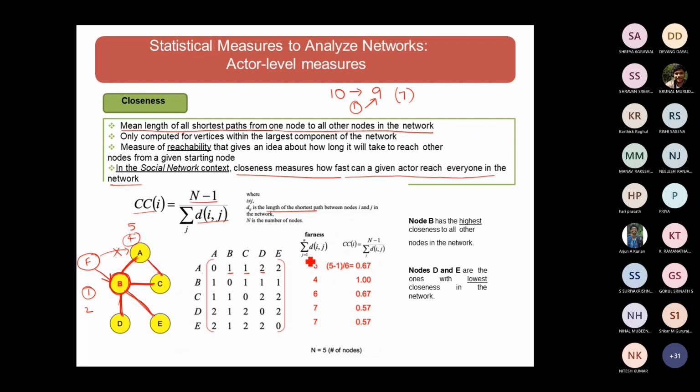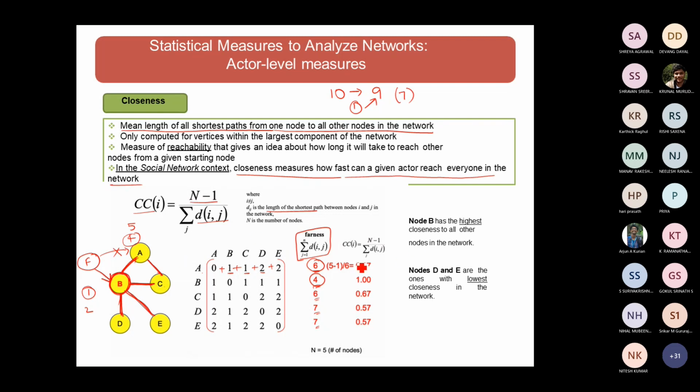So what is the formula it is giving here? Sum of d of ij. So you sum up all the values, 0 plus 1 plus 1 plus 2 plus 2. So we will get the sum of the lengths of the shortest paths of the given vertices. We have identified it here. Okay, so now what is the formula? n minus 1 divided by this value. This is going to be the denominator and the numerator is n minus 1.